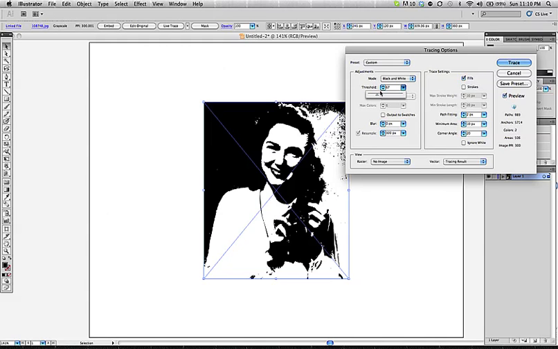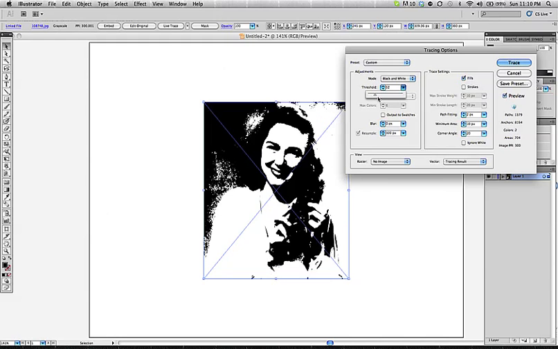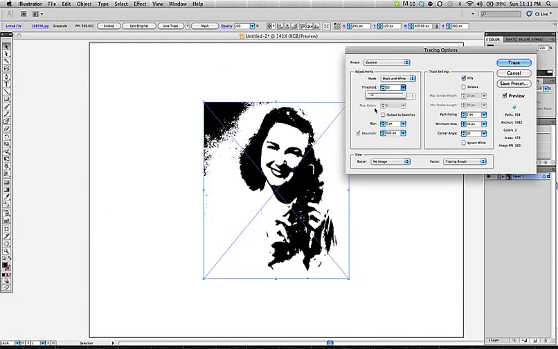I love her face here. There is no detail, but there's enough of the face to know that she's happy. She's got a nice smile. I'm going to mess with my threshold a little bit more. If you could imagine taking this photo into Illustrator several times and doing different traces at different thresholds or different blurs, and then compositing them on top of each other, it could be really cool. I'm going to hit cancel,